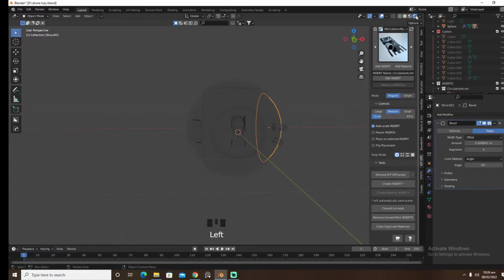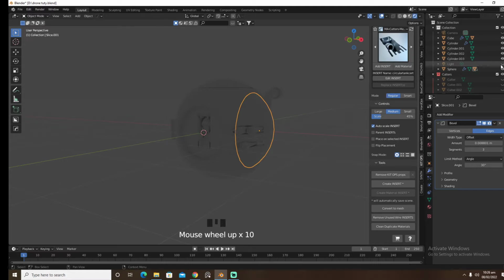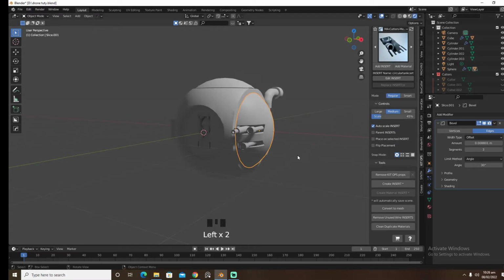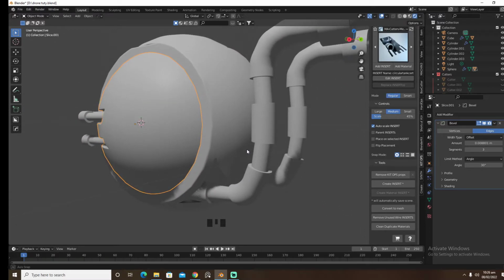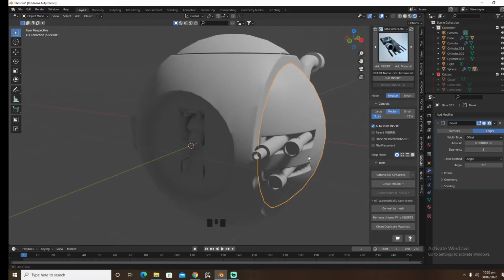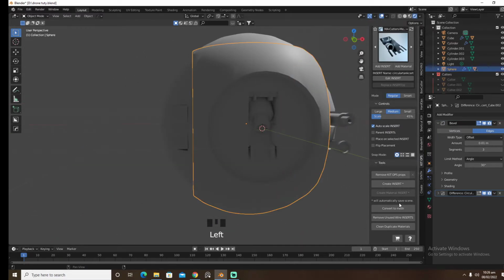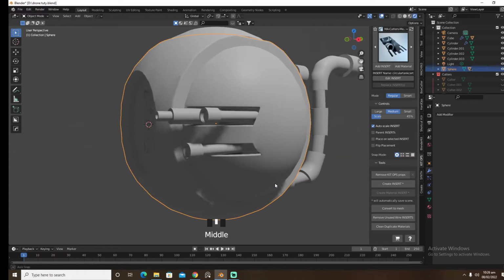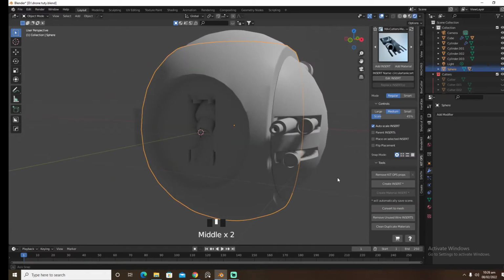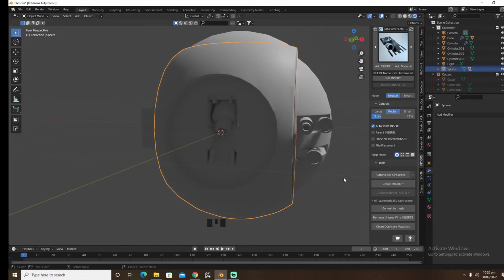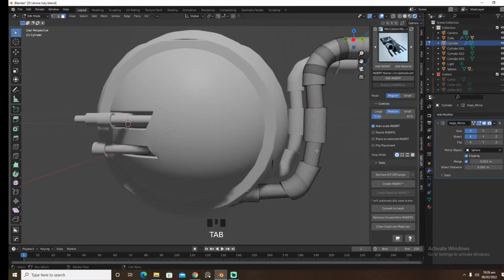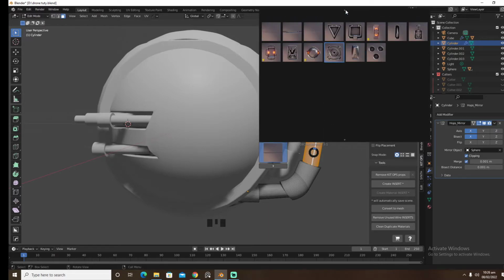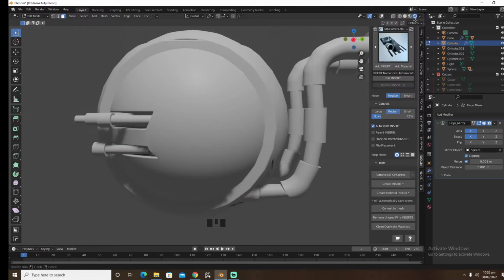Alright, let's go into rendered mode and turn on our light. Let's select this guy and convert to mesh. Let's select this and press D. I'm in edit mode and I'm gonna press Alt and